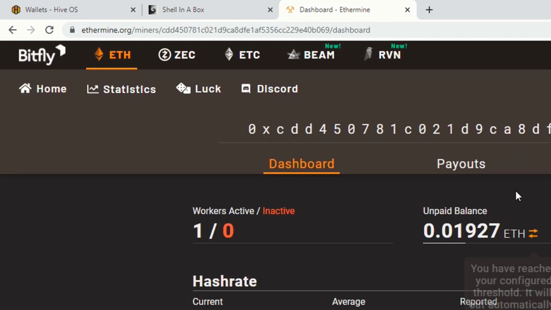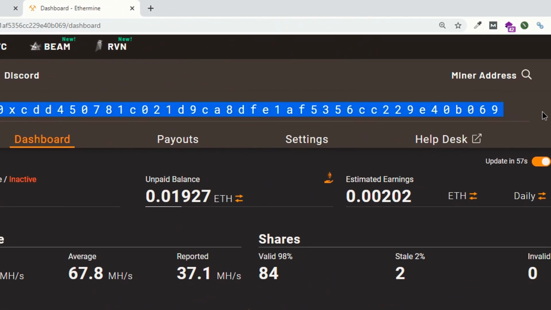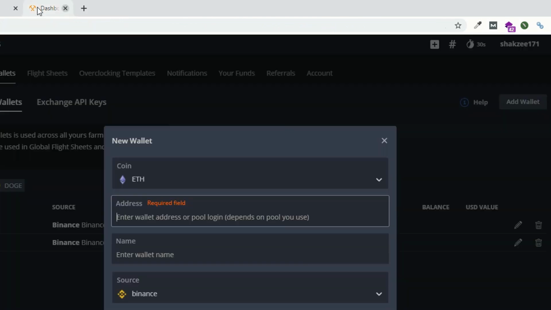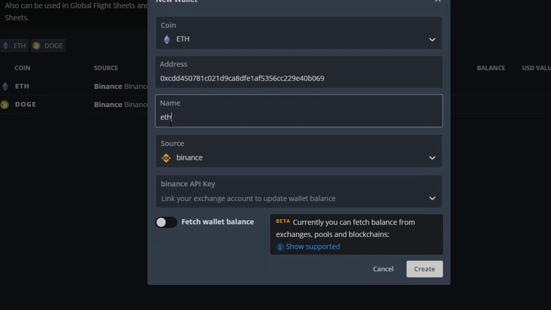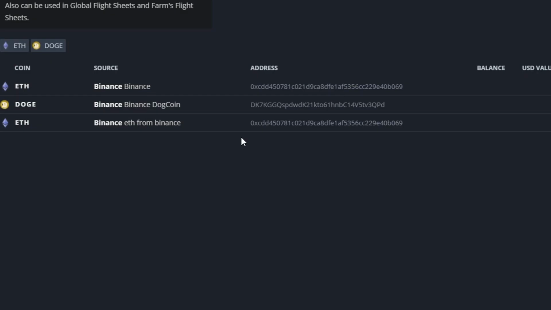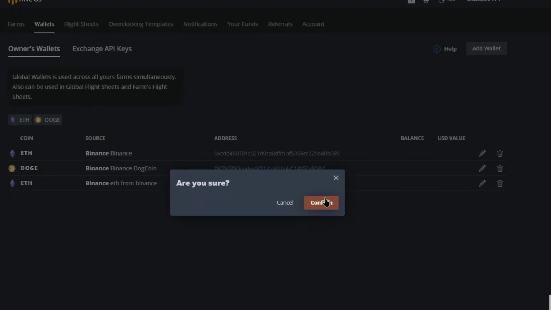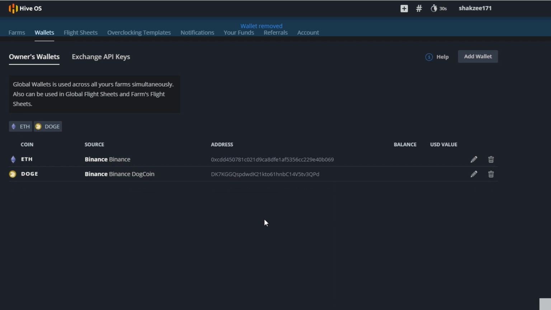Okay, this is the Ethereum wallet. I'm just giving you the example. This is the Ethereum wallet. I'm saying Ethereum from Binance. Fine. So just create the button. So as you can see, Binance, Ethereum from Binance. Fine. So I have just created this one. I'm going to delete this one, but you have to create the wallet before creating the